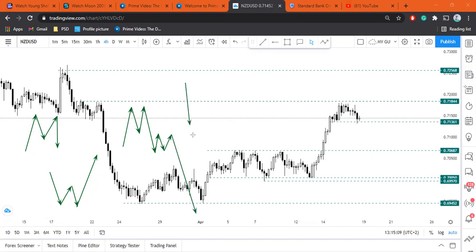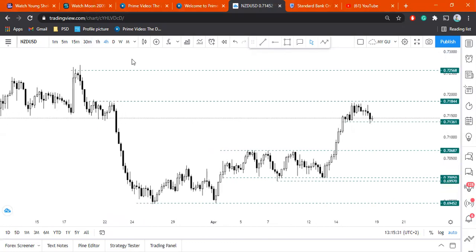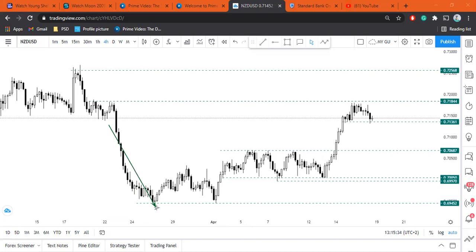The same thing going up, and then it gives you the big move. And if you are going to trade New Zealand dollar, this is the one pattern that works 90% of the time. I will show you how. So let's say we're looking at New Zealand dollar right here. Price dropped, created a low, came back up, created a high. So if all you wanted to do was for price to break this high, for you to catch the retracement to retest this